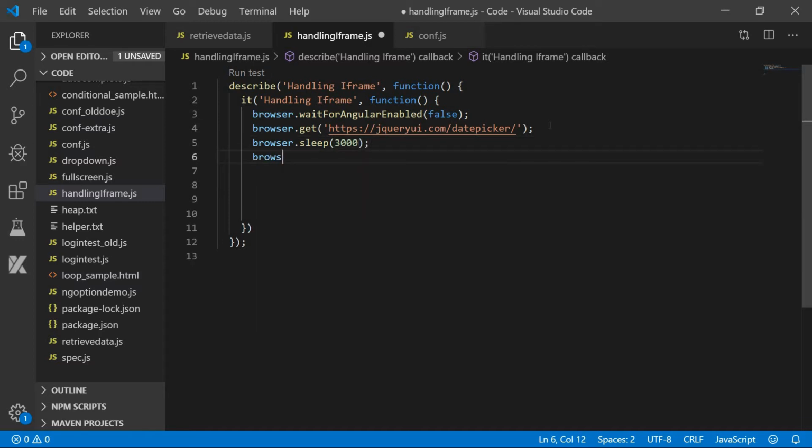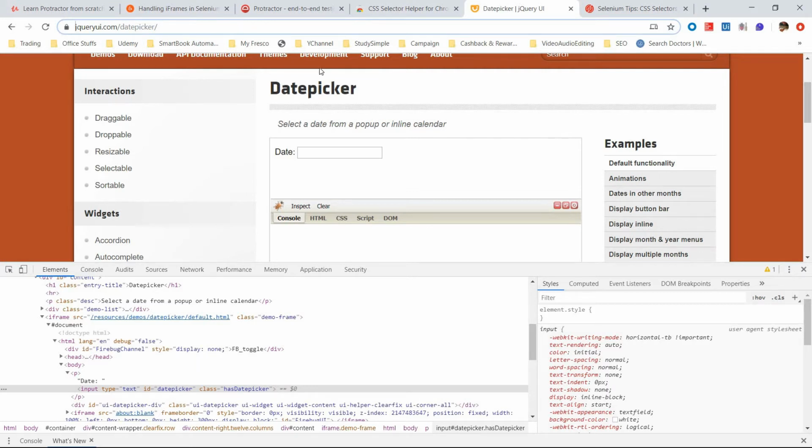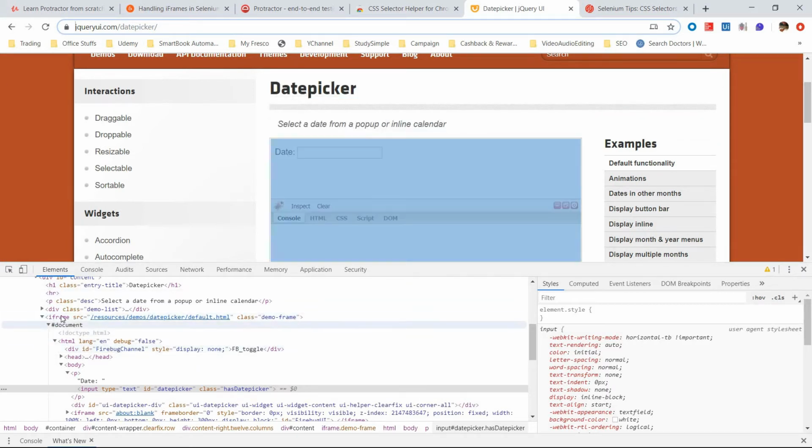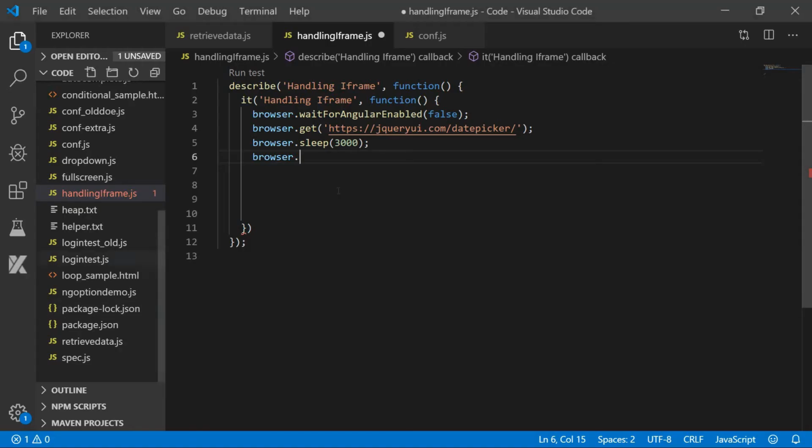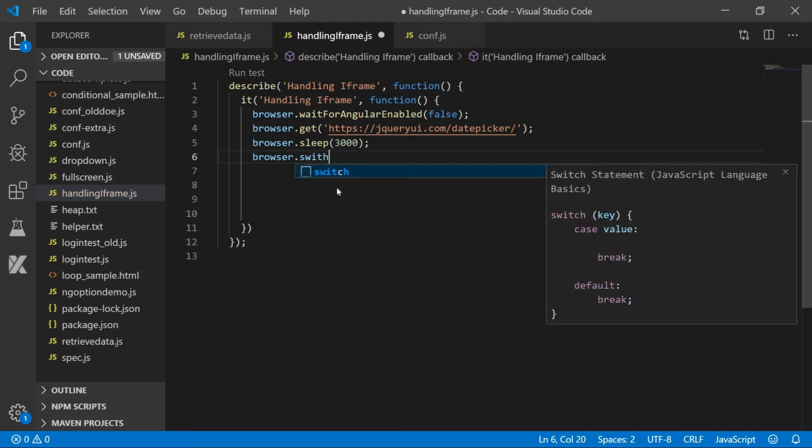The next thing we need to do is go to the iframe, because now we are just on this web page, the outside part, not in the iframe. Now we have to switch to the iframe. We have a command called switch to. In Selenium we have the same command, switch to.